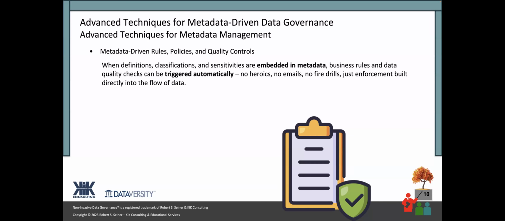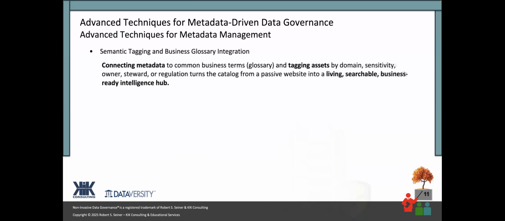And to give you some examples of that, if people have access, the classification levels, all of those types of things really help. You have it in your metadata. Why don't we use it as part of our move from passive metadata to more active metadata and just build it into the workflow? That's what non-invasive is all about. If we can just build things into what we do and embed things into the culture, they're going to be a lot better accepted in organizations.